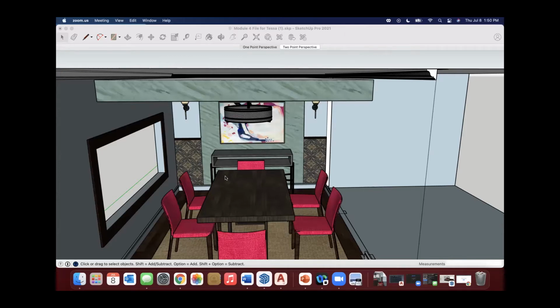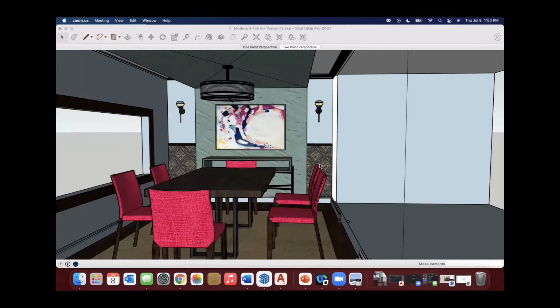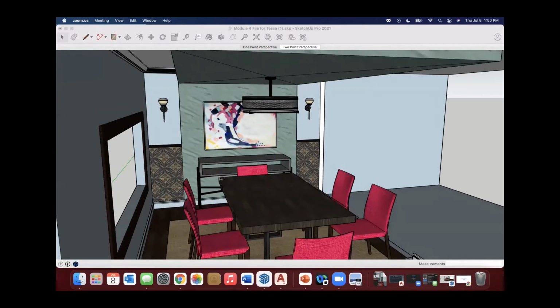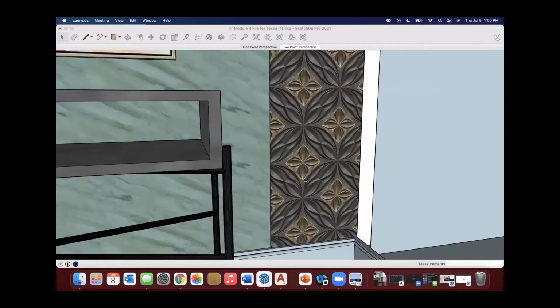In this video, we are going to learn how to align materials to a surface with precision. And we're going to learn how to center, scale, and stretch materials so that they fit well on the intended surface. So the spot that I want to focus on for this video is here with this back wall texture that we've got happening, whether it's a wallpaper or an actual panel piece, and different sizes and stuff like that.